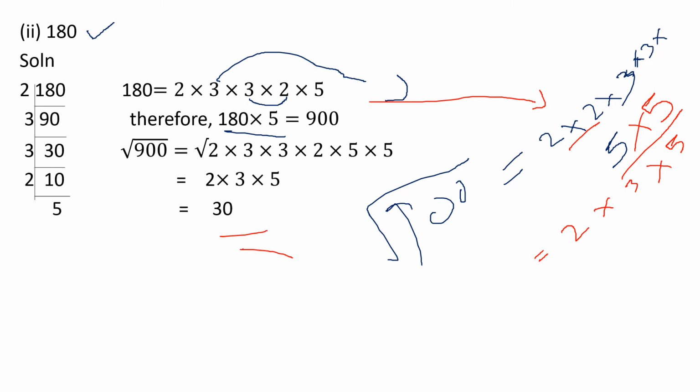Okay, is it clear, children? So it's very easy. Just read the question and write it out. In the question, they have clearly mentioned the given number is not a perfect square. So you want to find the perfect square. Next, you want to find the square root of that perfect square. Just 3 steps. That's all. Okay, children. Don't get confused.